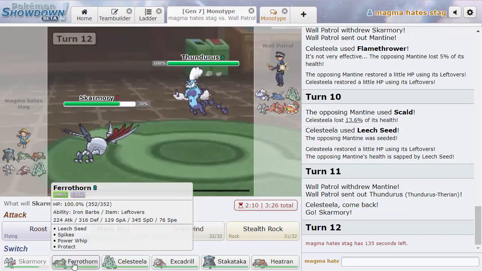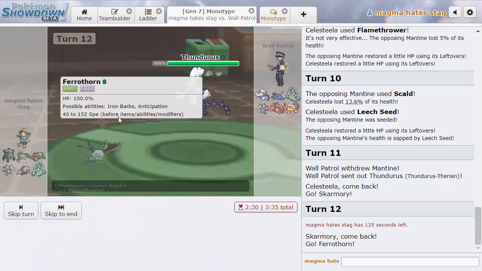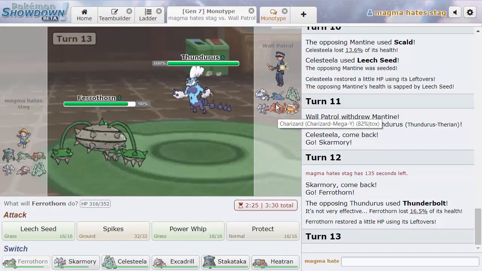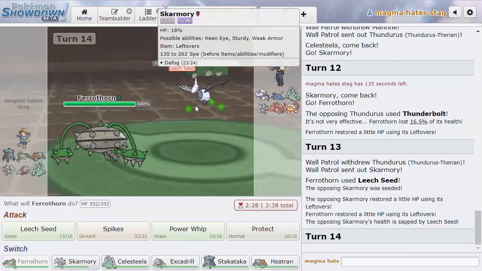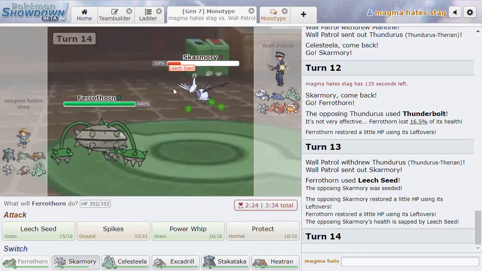I don't need Spikes. Ferrothorn is only checking this and the Mantine anyway. So we'll go into our Ferrothorn here, as he does go for the Thunderbolt. So here we can just go for a Leech Seed, as he brings out the Skarmory. So now what we can do is we can bring...